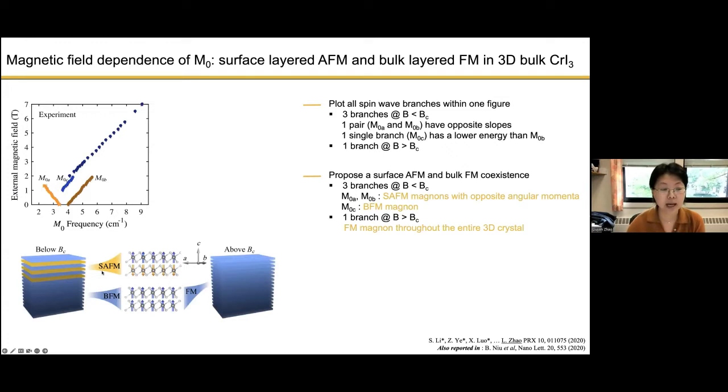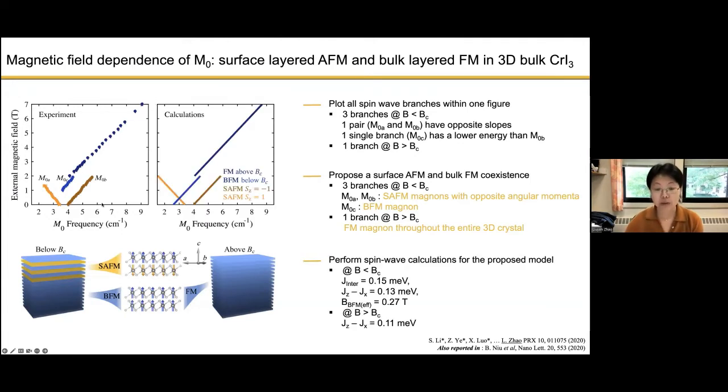That is, we have a coexisting state of anti-ferromagnetism and ferromagnetism in this 3D bulk chrome triodide. As to where the anti-ferromagnetism is and where the ferromagnetism is, there are revised thoughts nowadays from more advanced experiments. Back then, we attributed the anti-ferromagnetism to be at the surface and the ferromagnetism to be in the bulk. Okay, so using this simple model, we can do the spin wave calculation, and then the result mimics